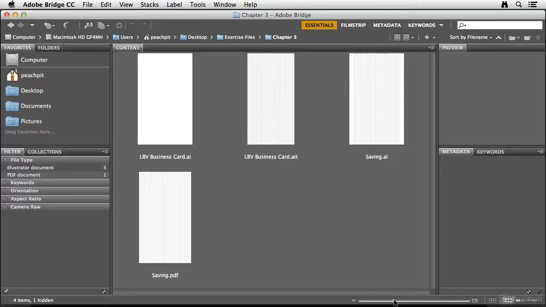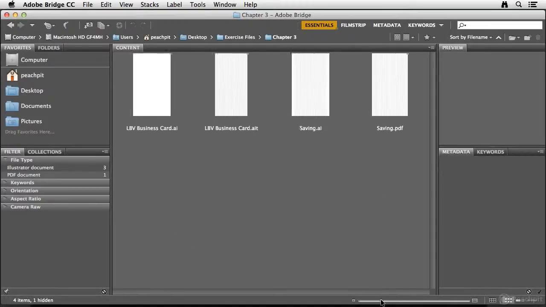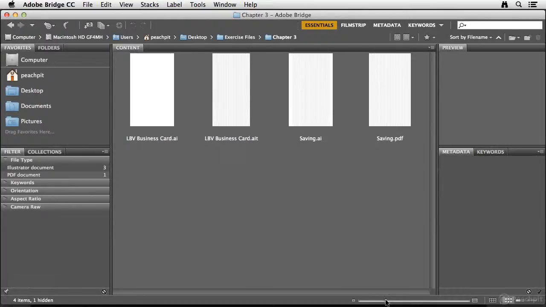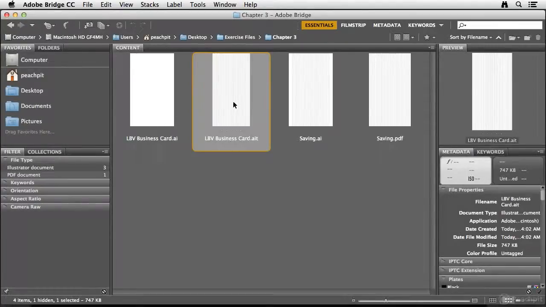Down here in the lower right-hand corner, you can drag the slider to change the size of the thumbnails that appear in the content area. In addition, up here you have what's called your path bar, which shows you the current location that you're viewing on your computer. Now, if I click on one of these files, such as the LBV business card.ait file,